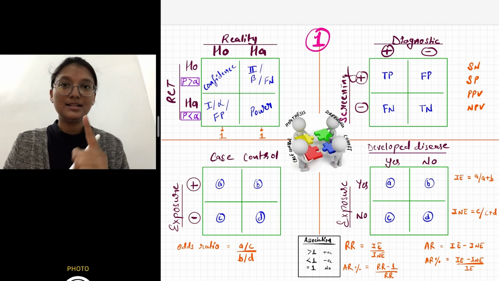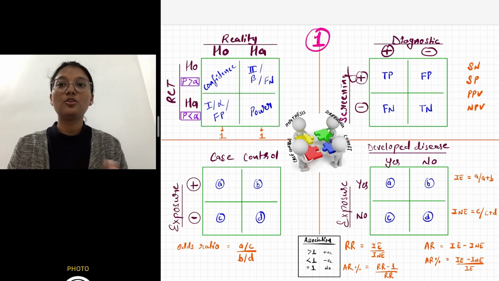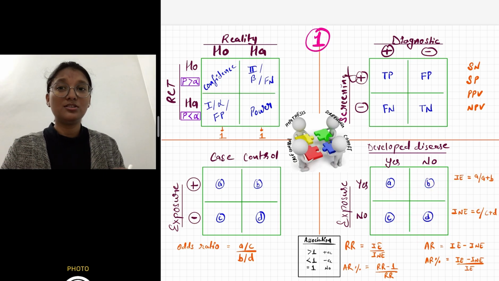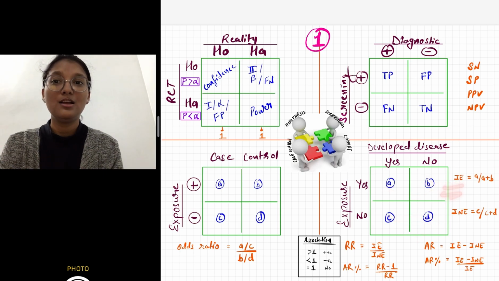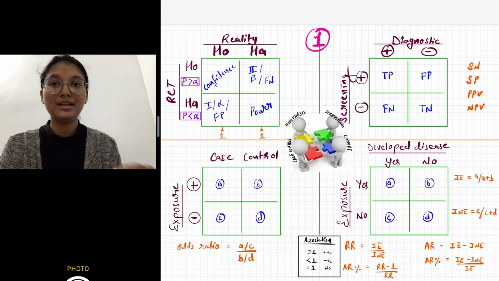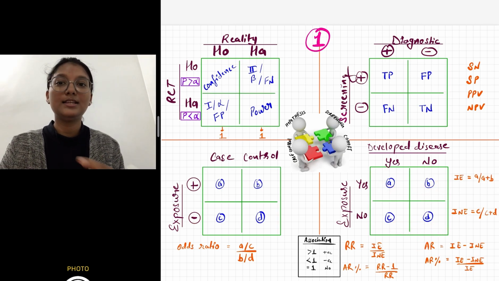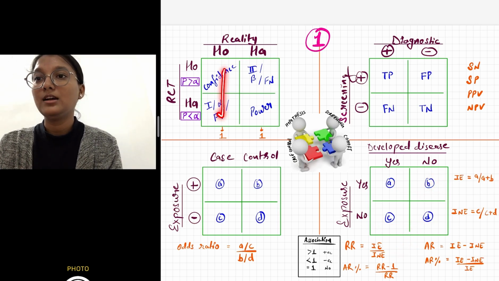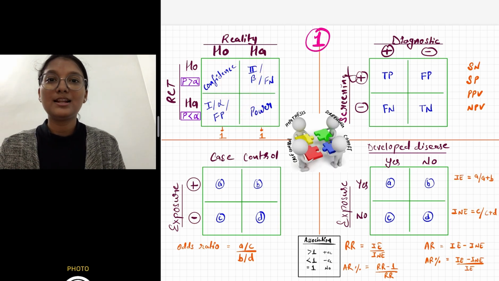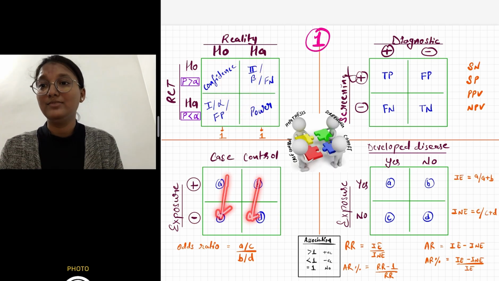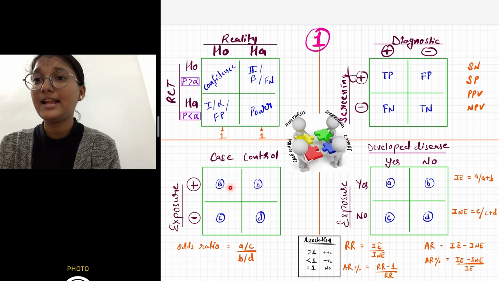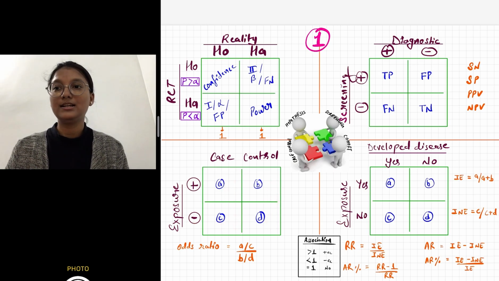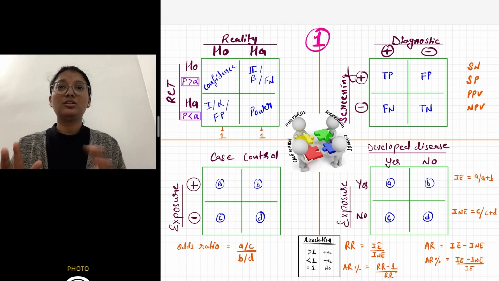Keep that in mind, because when we come to case control and cohort, in the cohort table, the formula which we write is in the horizontal direction. That is, the incidence in the exposed, we write a upon a plus b, and the incidence in the non-exposed is c upon c plus d. So the relation here is horizontal, whereas in the hypothesis it is vertical, and similarly in the case control it is vertical. When we calculate the odds ratio, we take a by c upon b by d. So here the relation is vertical. You don't have to mix them up because they are completely different.